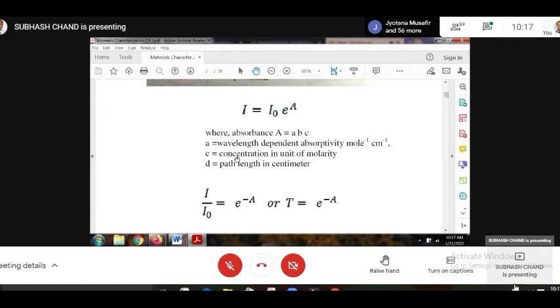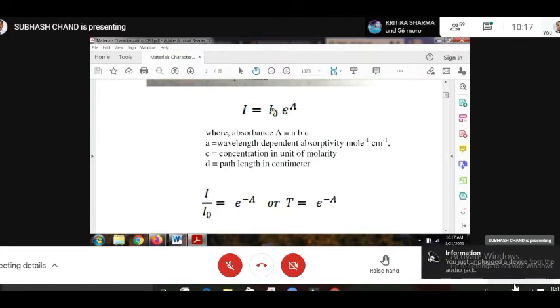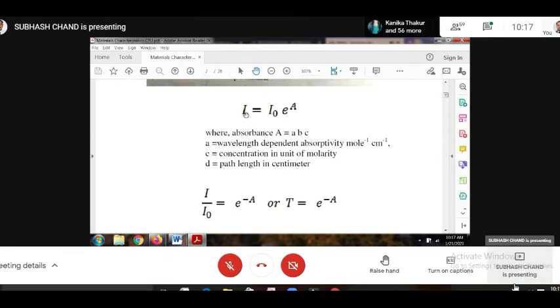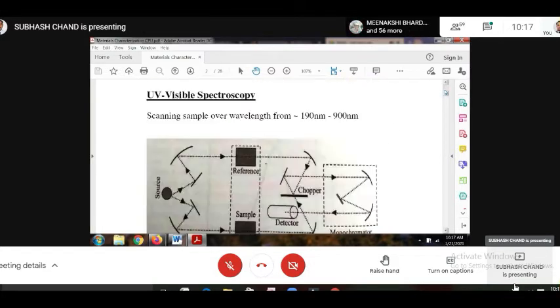So it will depend on these three, how much light passes through, how much is the light after passing through the sample or the material medium, whatever you have put here. So this ratio I upon I naught is T. So what we do here